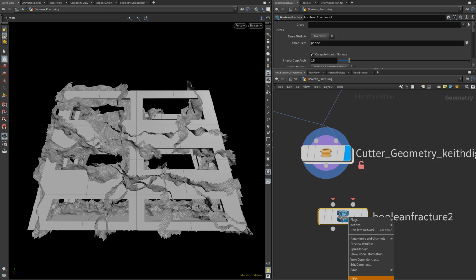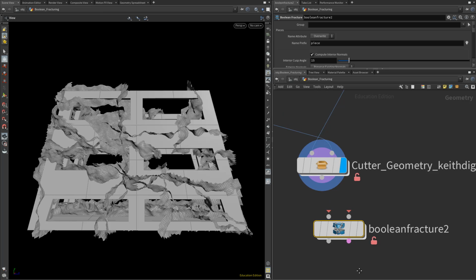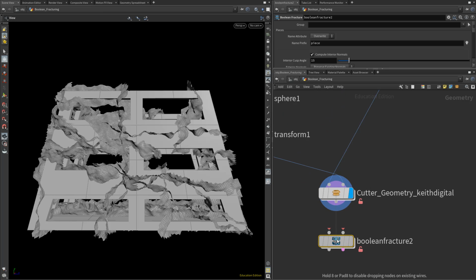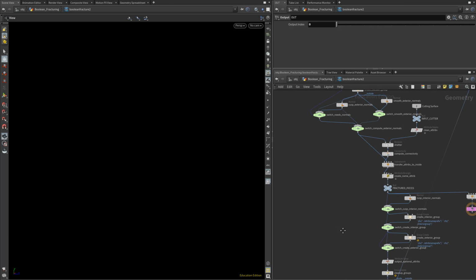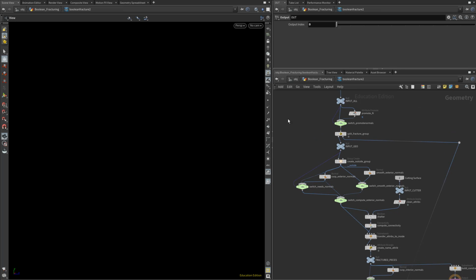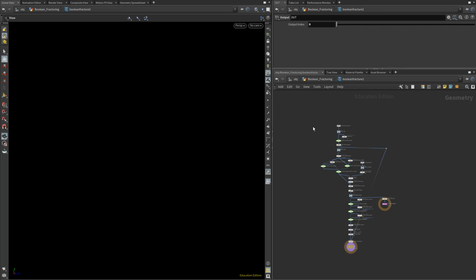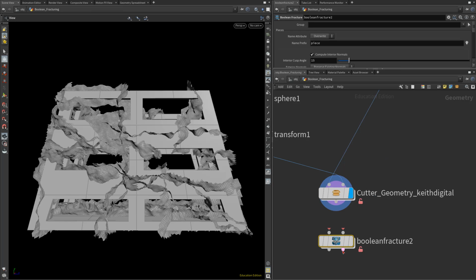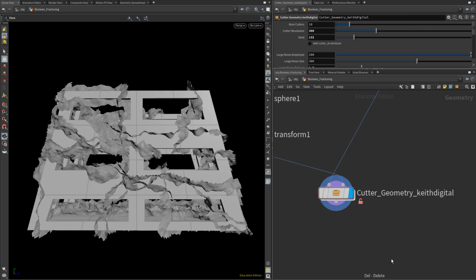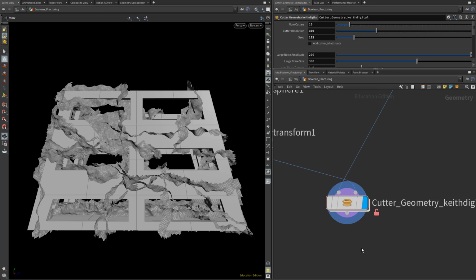But if you right click on that and allow editing of contents, that means we now have a local copy of that that may have changes that are not synced with the main definition. So you could rewire this Boolean fracture to work differently and have this unique copy of it here. Now we don't want to mess with the definitions of the built-in Houdini nodes, but for our own HDAs, we